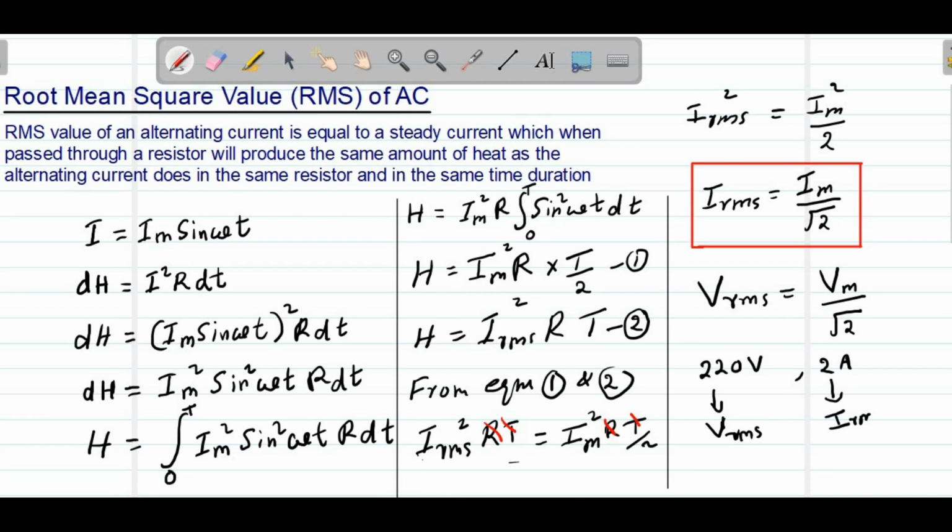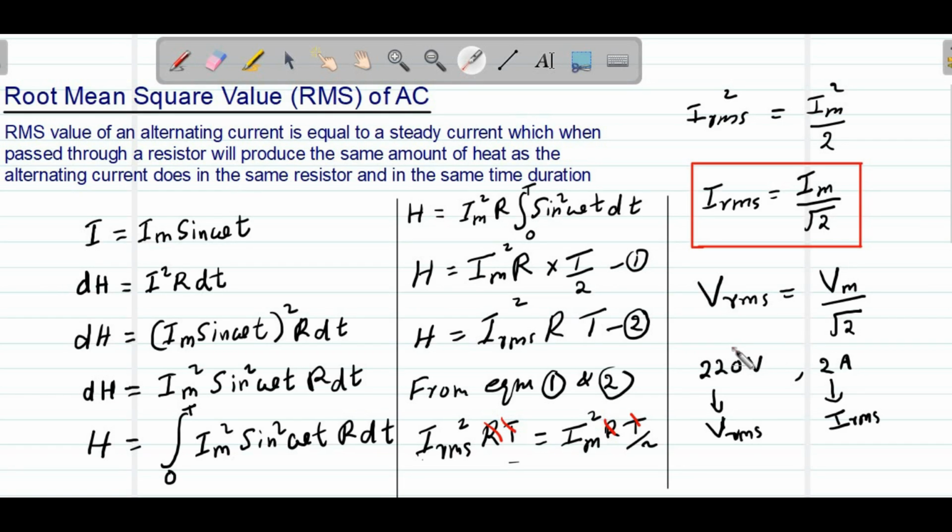Usually in an AC circuit, in our day-to-day life, in our home wiring, we have 220 volt supply, 230 volt supply, etc. That 220 volt or 230 volt we see in our household electric circuit is actually the RMS value of voltage, the RMS value of AC. Also, in our home wiring there are two standard lines. One is the 5 ampere line, the other is the 15 ampere line. The 5 ampere line is for normal connections like bulb, fan, etc. And the 15 ampere line is for connecting high power devices like AC, refrigerator, etc.